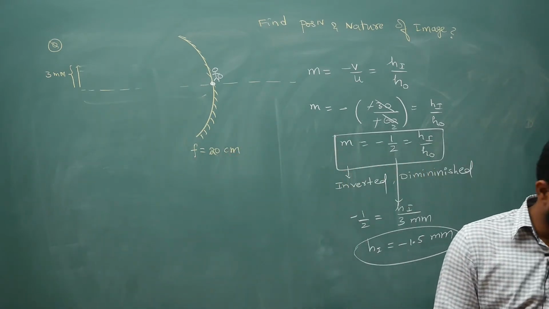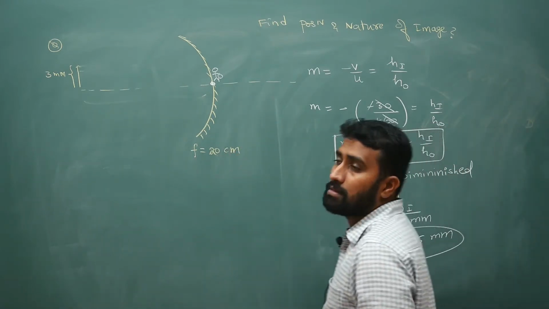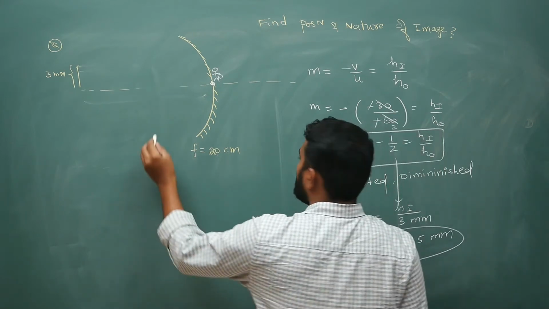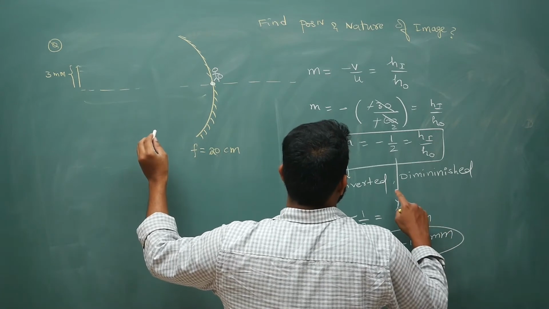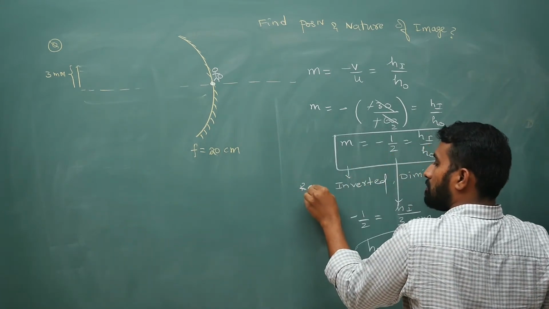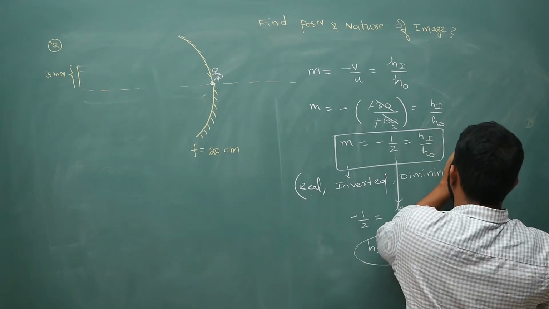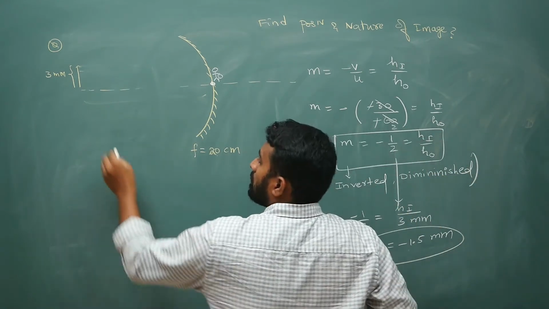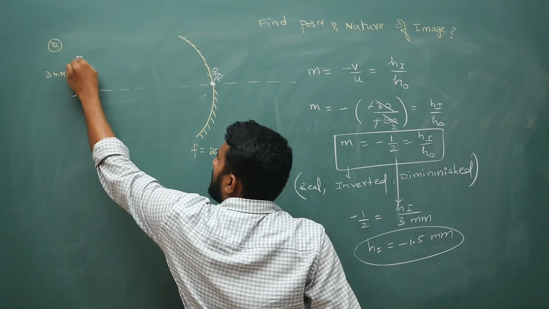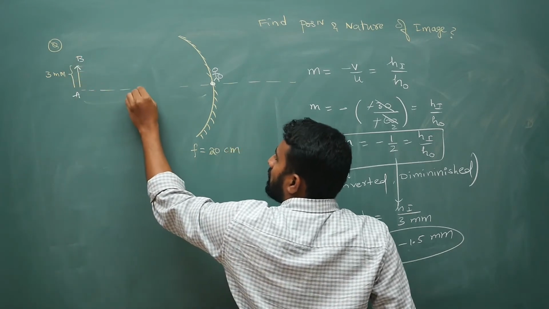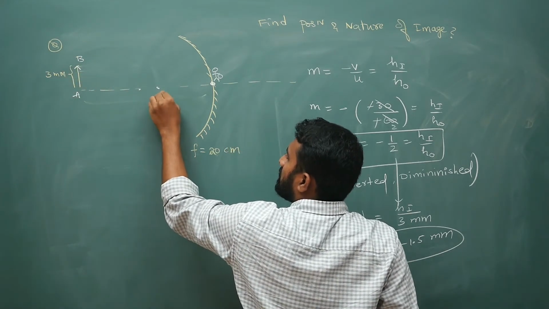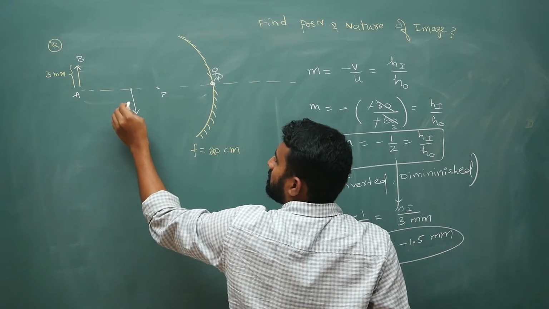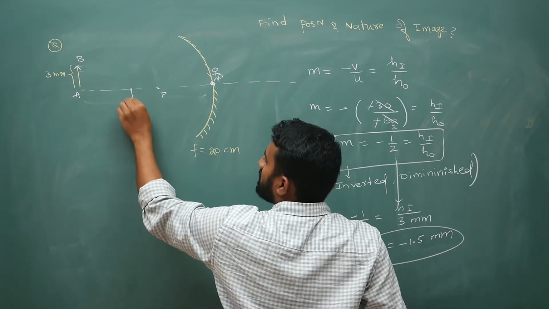Okay, why waste space? Let's utilize it. So we know that your object is at 60, the image is at 30 and it is inverted. Real, inverted, diminished. So what am I supposed to do? If it is some A, B, your inverted image, your focus will be somewhere here at 20, your image is at some 30 and it is half of the size.